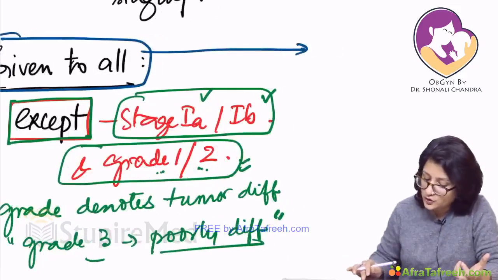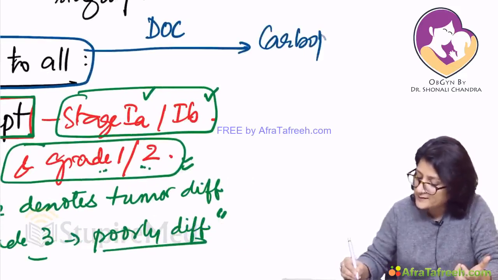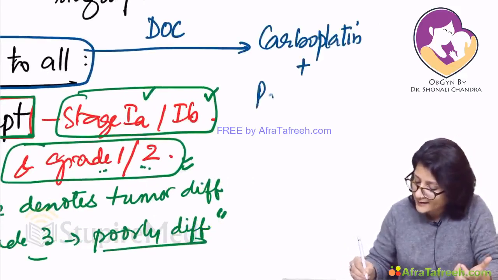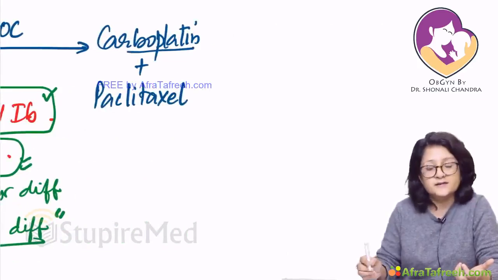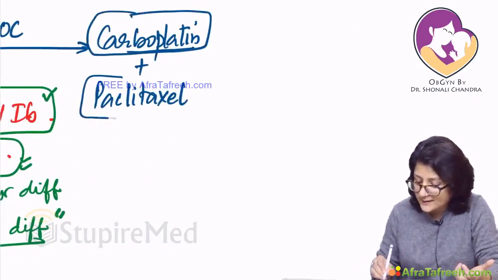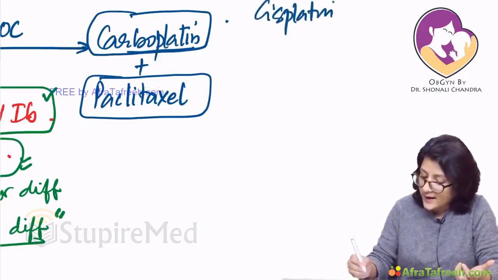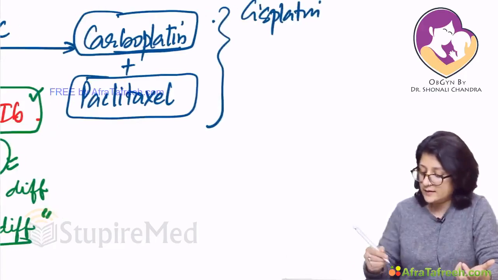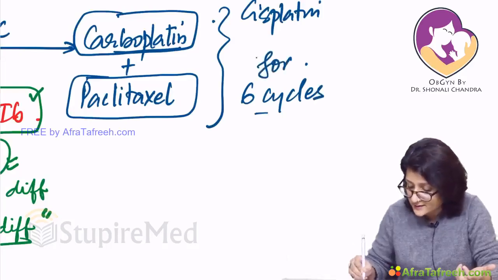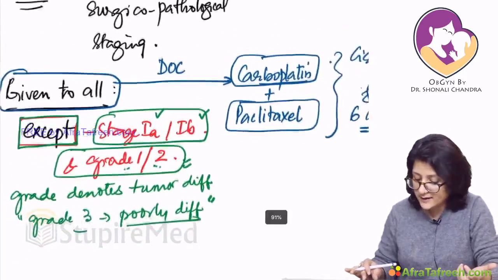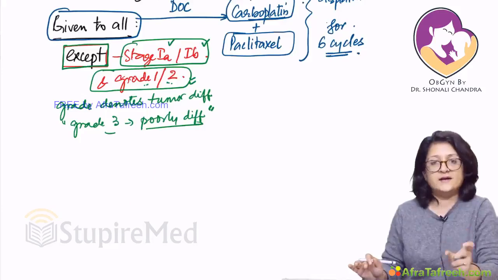And what is the drug of choice of chemotherapy? The drug of choice is carboplatin plus paclitaxel. Okay, if carboplatin is not in the option, then obviously cisplatin is the other option. So carboplatin and paclitaxel is the drug of choice. If carboplatin is not in the option, then cisplatin, and this carboplatin paclitaxel combination is continued for 6 cycles. So chemotherapy, very simple to understand, chemotherapy is given to all patients, only except when it is confined to the